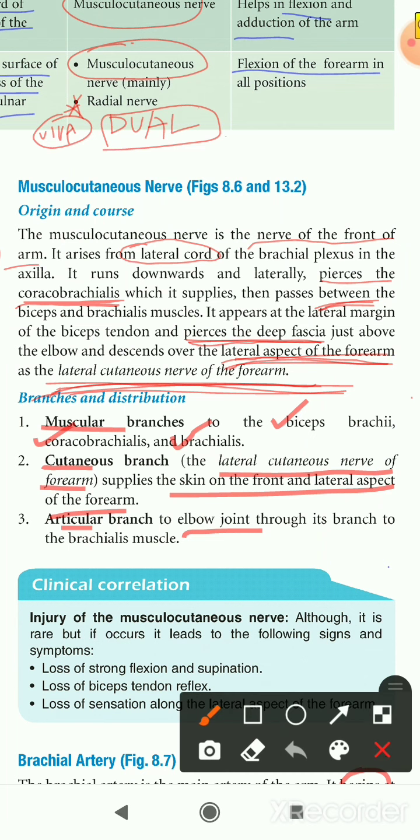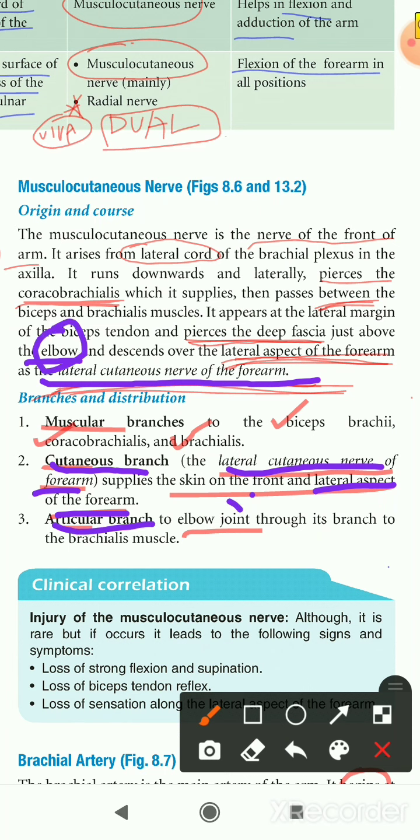Then cutaneous branches. At the elbow, we studied that it continues as the lateral cutaneous nerve of the forearm. So the cutaneous branch is the lateral cutaneous nerve of the forearm, and it will supply the skin of the front and lateral aspect of the forearm. And some articular branches, as it passes through the elbow joint, so it will supply the elbow joint. Okay,